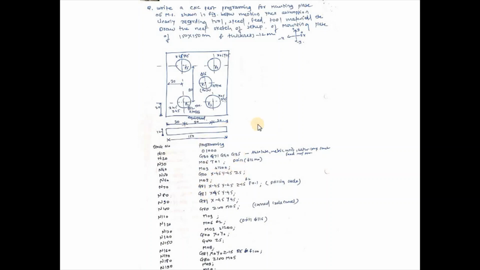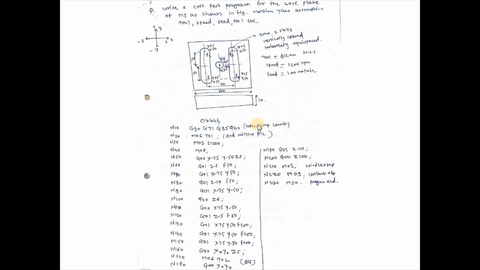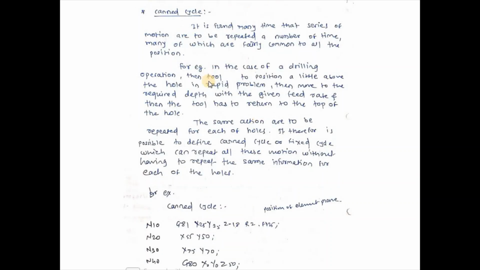Okay, canned cycle means we will first see the canned cycle theory. Here we can use the canned cycle. Here repetitive operation is there, so we simply have to use the canned cycle. Suppose I have to do 10 drilling operations, same hole diameter, same operation. So why should we write a separate code for each block? We have to use canned cycle for that repetitive application.